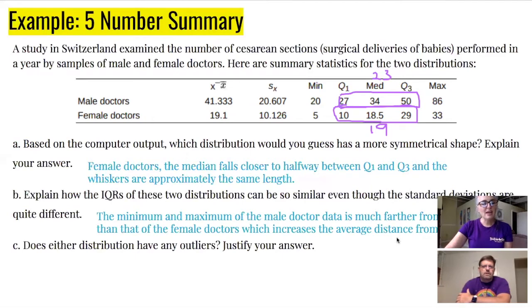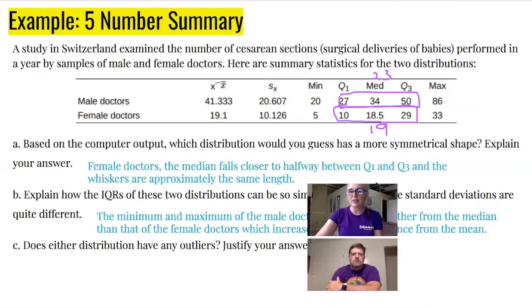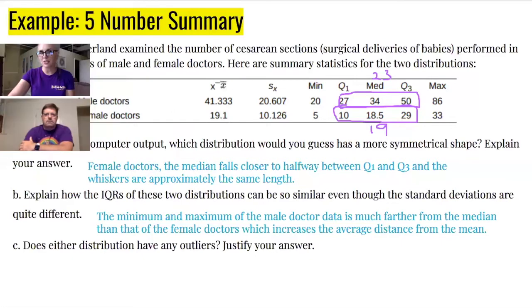Okay, and then does it have an outlier? Do either one of them have an outlier? So how do we figure out outliers for this problem? Well, since we have the 5-number summary, we would have to use the rule for outliers for medians, right? Yep. It's funny, I also did IQR tests,